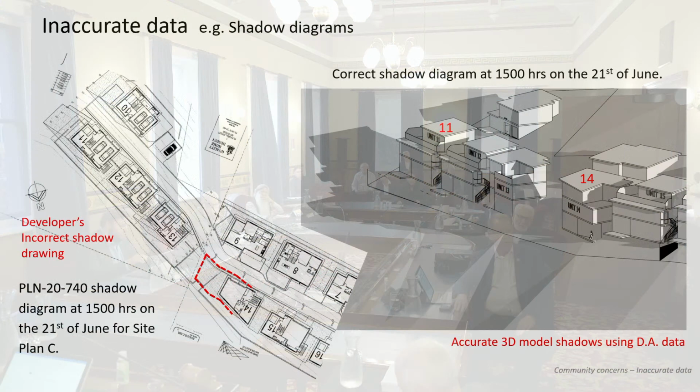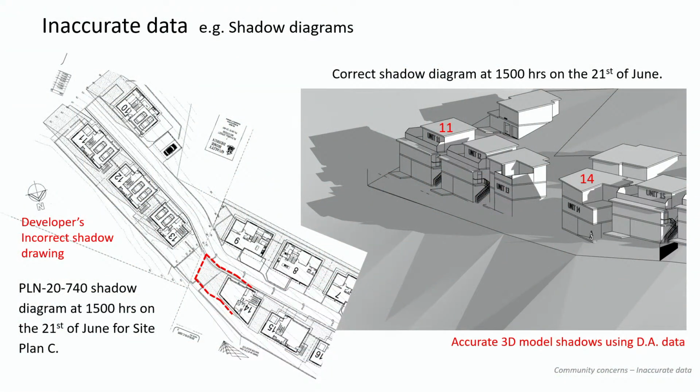This error also shows up on the proponent's shadow diagram. So as you know, once you're outside of the acceptable solutions, you have to be able to assess what the impact is on neighbouring units and on the units to each other. So using this example on the left, at 1500 hours, 21st of June, middle of winter, the developer's shadow diagram